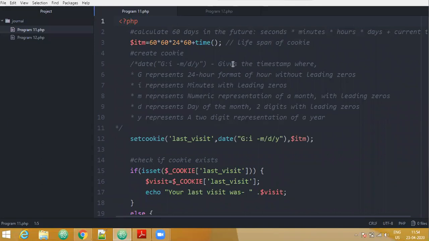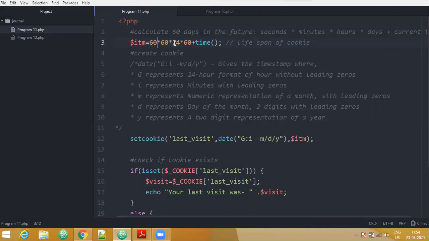So now we have written a PHP script here. Remember to save these program number 9, program number 13, 11th and 12th in your WAMP server in the www folder. Here we have declared a variable item. In this variable we are trying to store the lifespan of the cookie, that is how far the cookie has to be active.